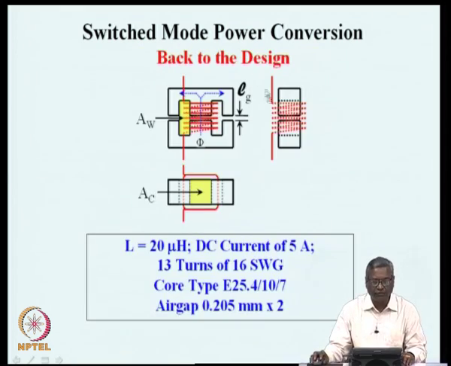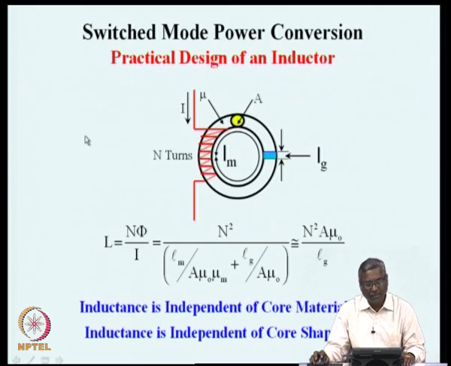We come back again to our design. So, this particular design requires an inductance of 20 microhenry carrying a current of 5 amperes. We need to put 13 turns of 16 gauge wire on a core type which is E25.4 by 10 by 7 with an air gap of 0.205 mm everywhere, here, here, here. So, such an inductor will give you the inductance that you want ideally, but in practice the practical design has a few